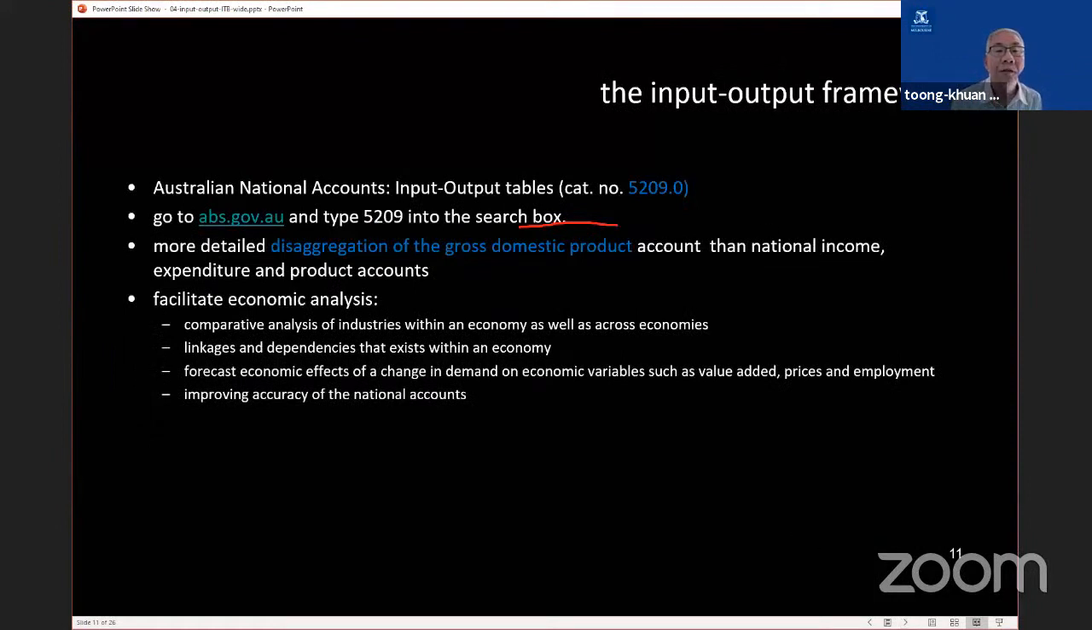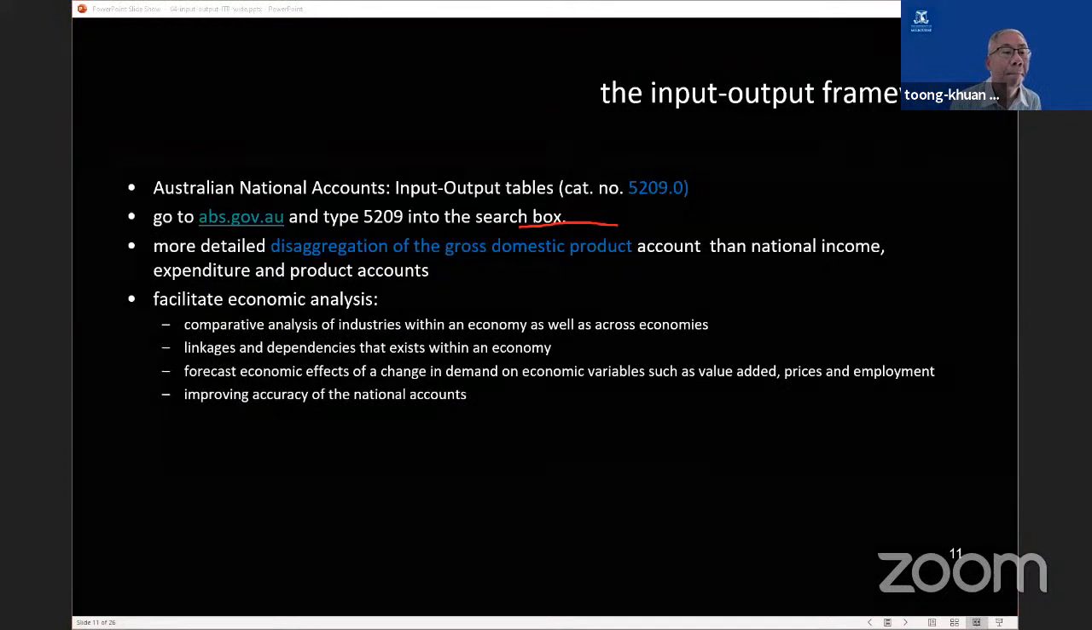Okay, now let's look at input-output tables. I will start with the Australian input-output tables because that's what I'm most familiar with. I will then share with you your Indonesian input-output tables. Now, if you go to the Australian National Accounts, input-output tables are catalogued as 5209, and it's very easy for